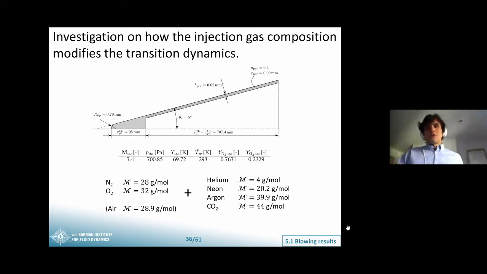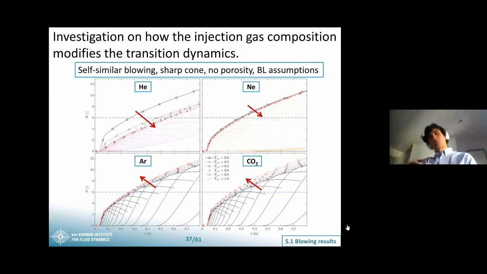And so what we saw is that just the blowing of these gases themselves actually had the opposite effect. So if we have a continuously blowing surface with these gases and we don't account for porosity, what we saw is that actually lighter gases were stabilizing, so expected to delay transition, whereas heavier gases advanced it, so were destabilizing. So then we asked ourselves, okay, so there is definitely something in the experiments that we're not considering in our simulations.